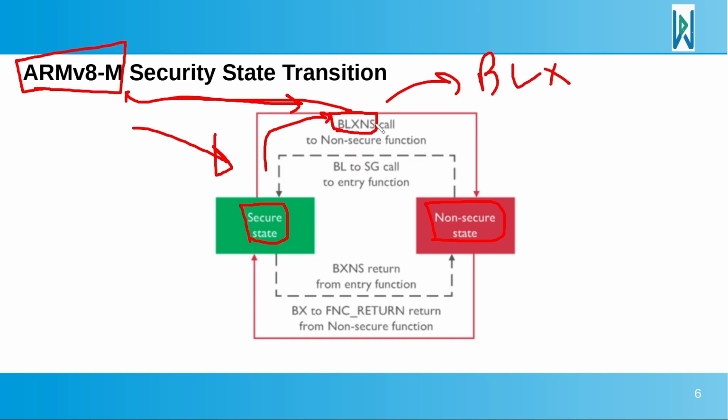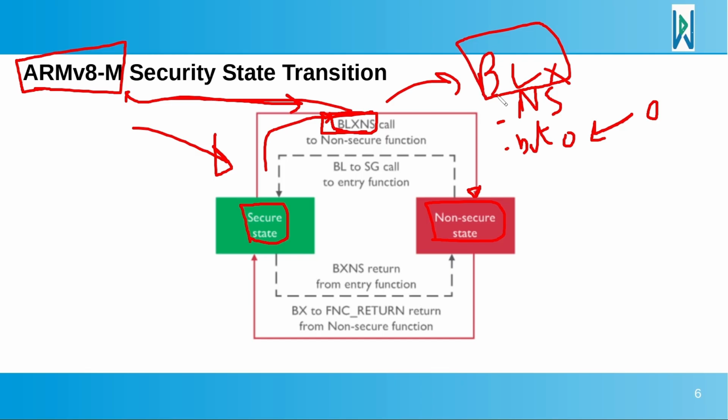Means we are branching to a destination address. Nevertheless, what is new about this one is that the destination address that we are branching to must be marked with non-secure attribute, and the bit number 0 of this destination address must be cleared. By default, if we are executing a normal branch with link and exchange, the destination address must have bit 0 set to 1,